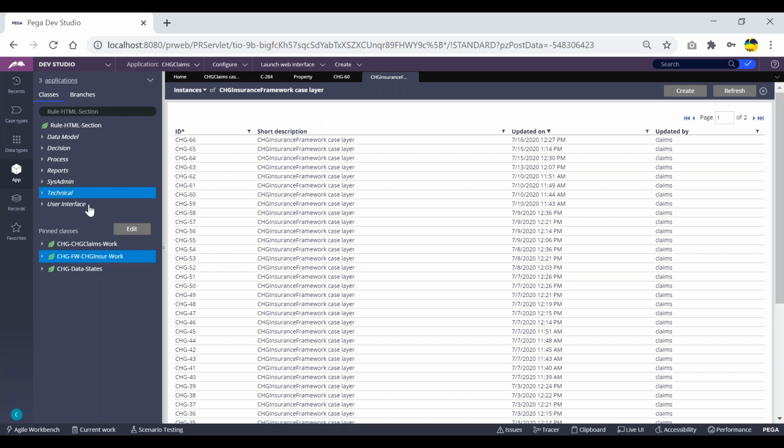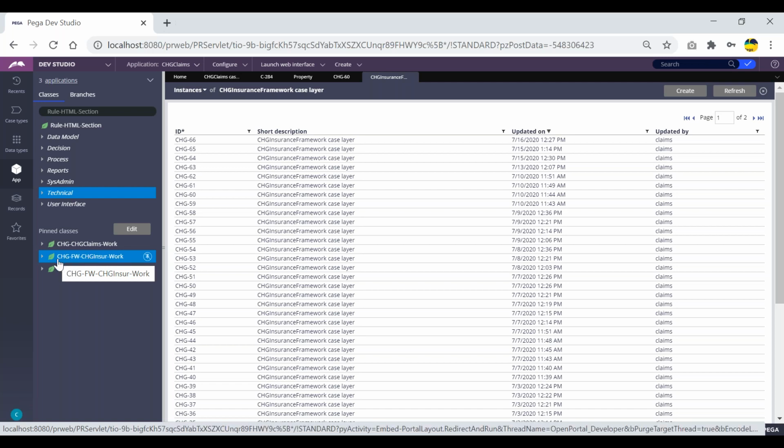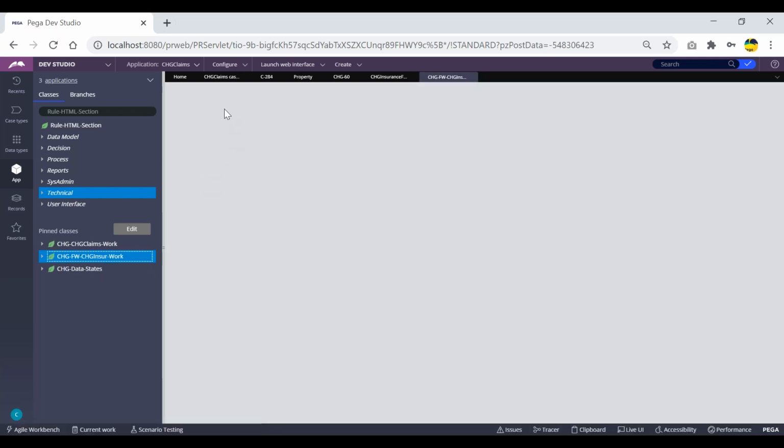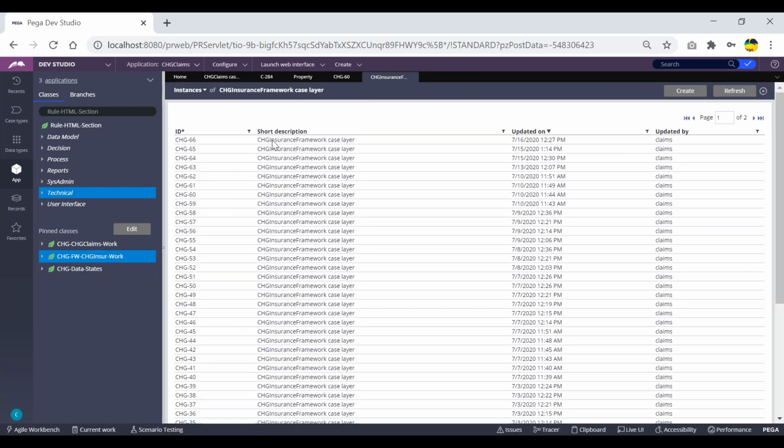As I told you, a section is a framework rule. Any of the sections we create, either in the framework or implementation, has to be stored in its instance class. The instance class here will not be the instance class for the section or any rule. This will be the instance class only for the work object IDs. On clicking on this, the records we get will be the instances.